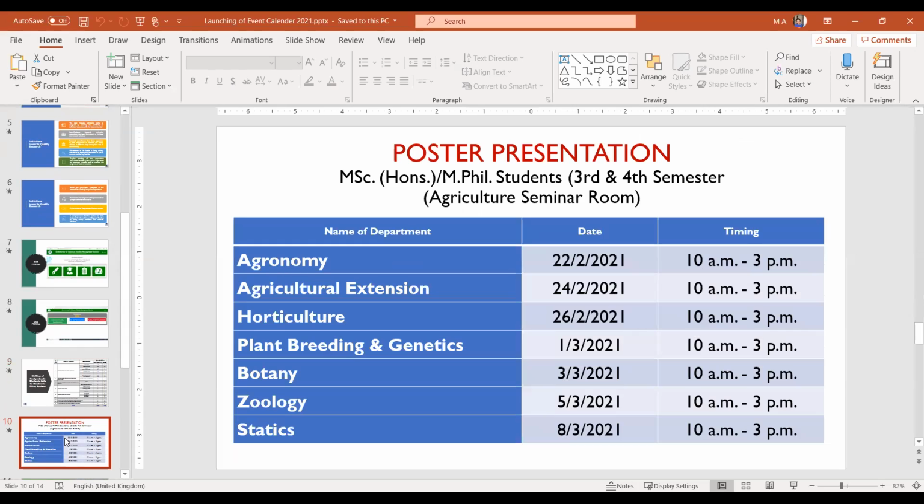Sir, the events calendar which we are presenting today. Last year, due to COVID issues, some activities were not concluded. This year, we have planned